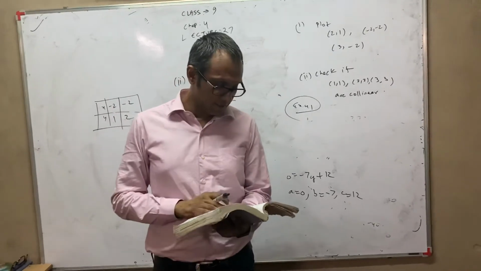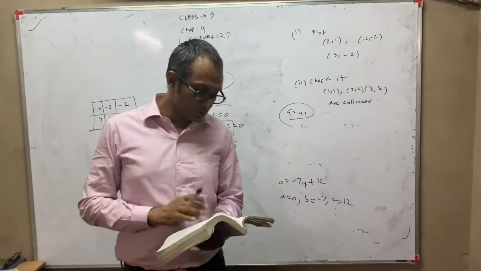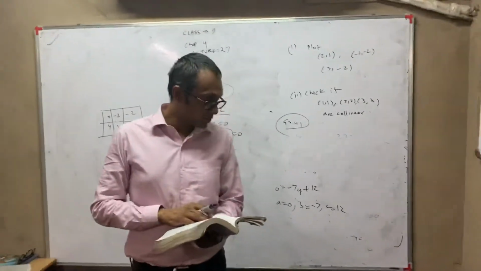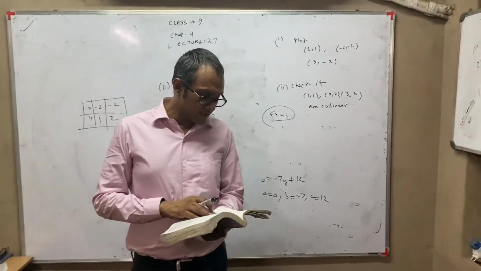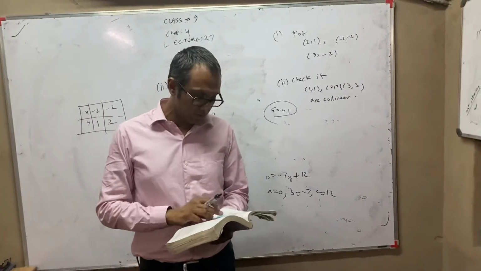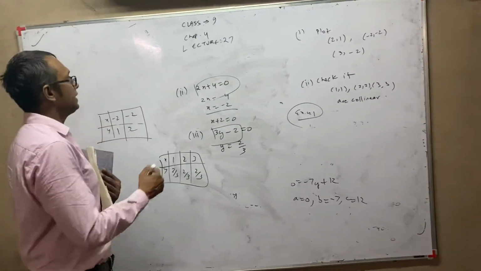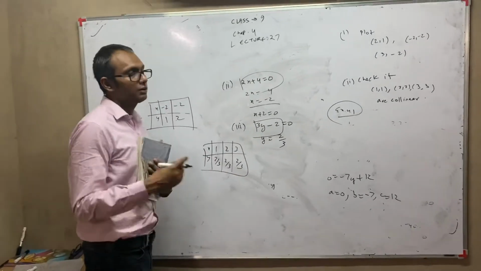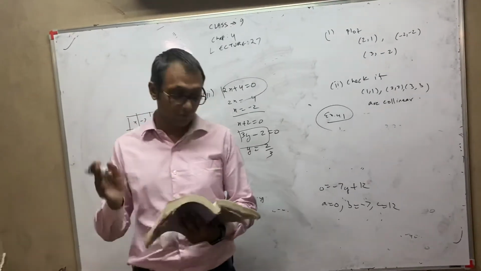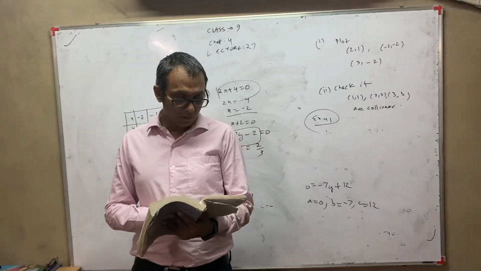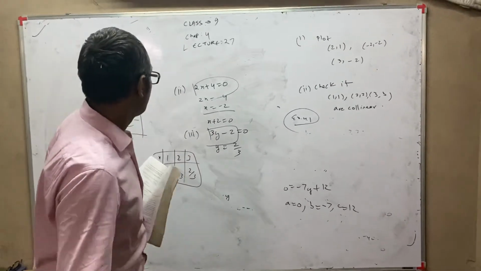Now we are discussing exercise 4.2. Only the first 2 questions we are discussing right now. The first question is, which one of the following options is true and why? y is equal to 3x plus 5 has a unique solution, only 2 solutions, or infinite solutions. We just discussed this. As you know, we can find many solutions. So you yourselves think about what to write in this: 1 solution, 2 solutions or infinite solutions. Question number 2, write 4 solutions for each of the following equations. You have to write 4 solutions.